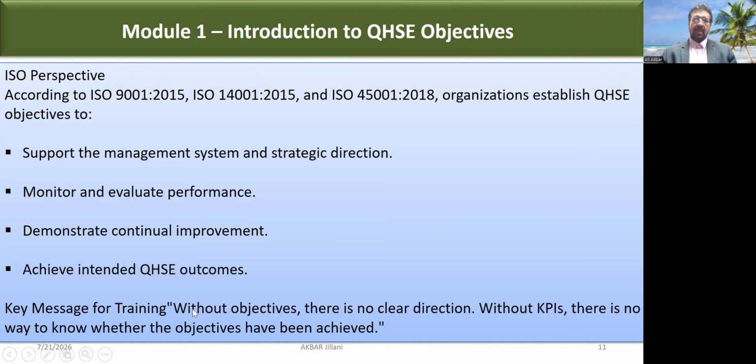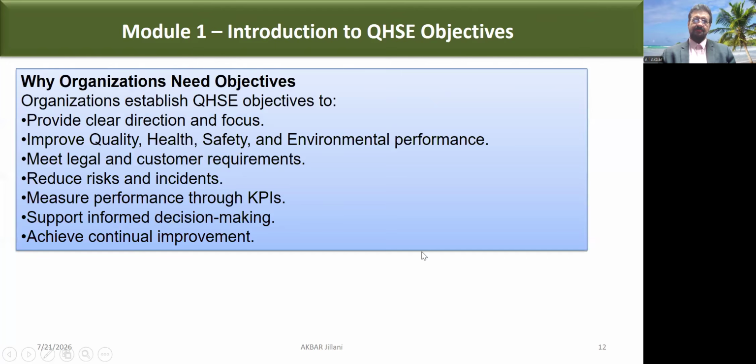Without objectives, there is no clear direction. Without KPIs, there is no way to know whether the objectives have been achieved. Why does an organization need objectives? Organizations establish QHSE objectives to provide clear direction and focus, improve quality, health, safety, and environmental performance, meet legal and customer or client requirements, reduce risk and incidents, measure performance through KPIs,